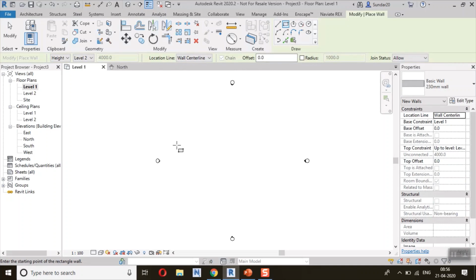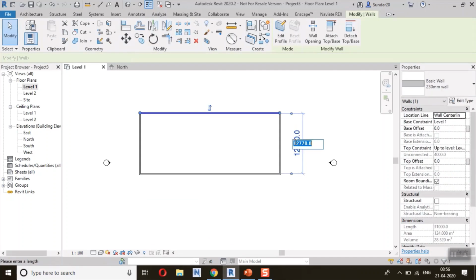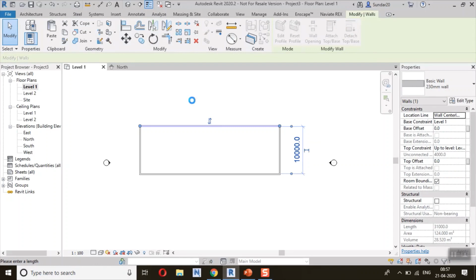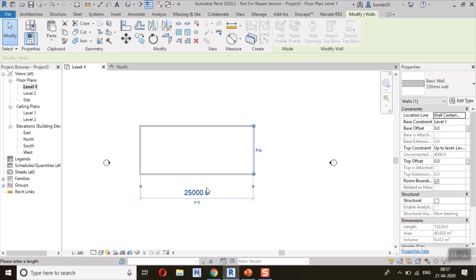In case you are having a CAD plan, that's not a problem. Just input your CAD plan and select the model. Okay. So I think 8,000 mm. This one is a 20 mm, 25,000 mm.